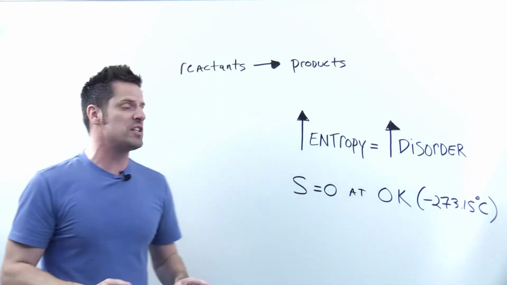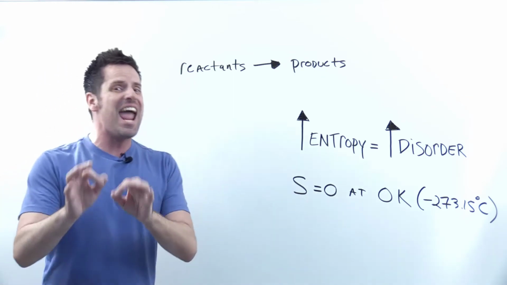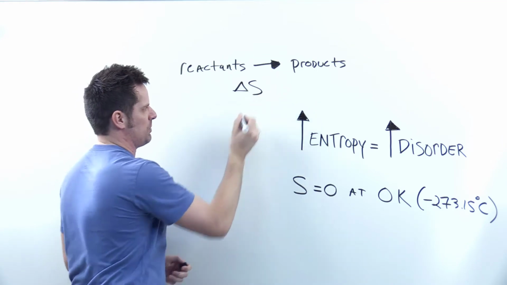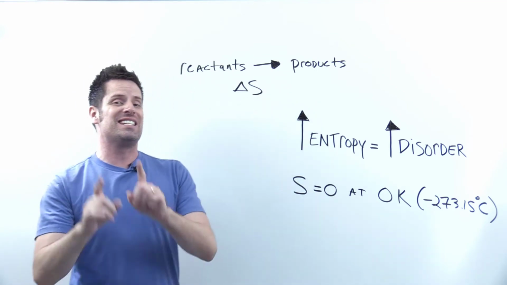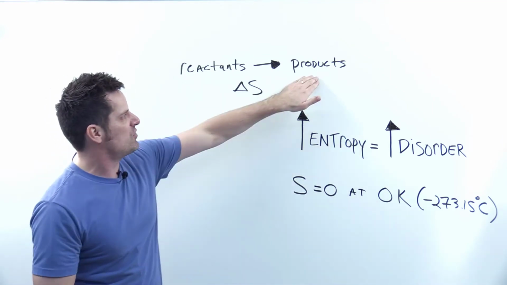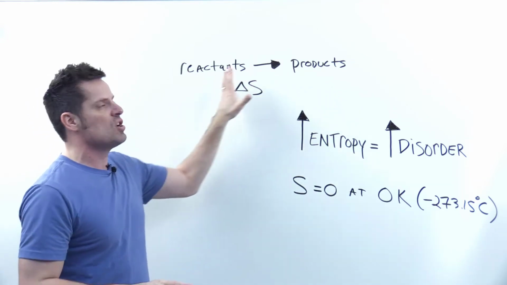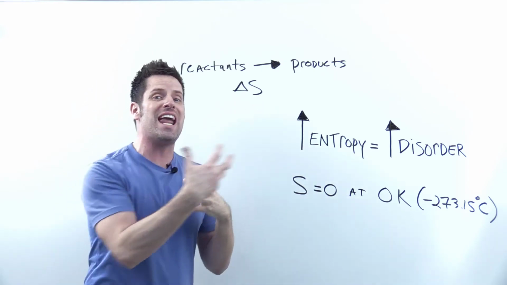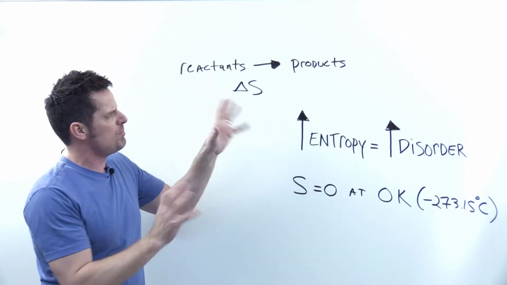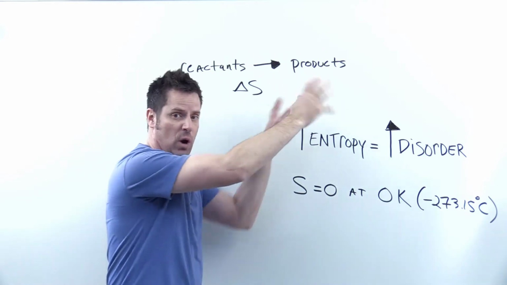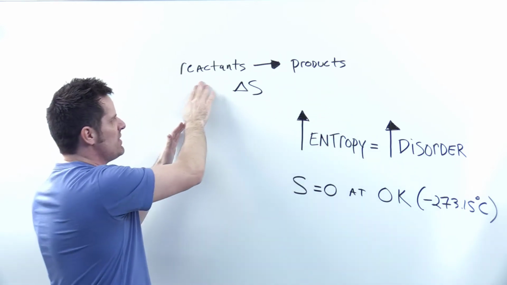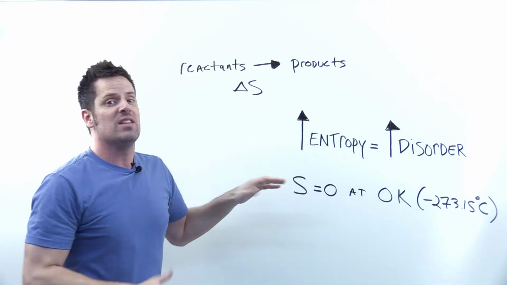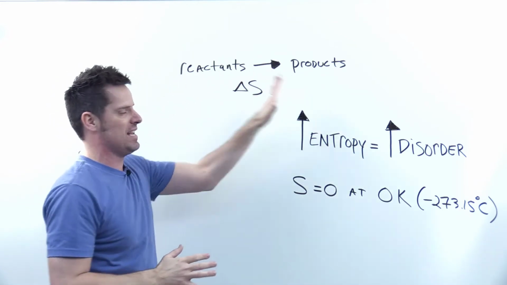There is, of course, a difference between entropy, which we label as S, and delta S, that is difference in entropy or change in entropy. So delta S is the difference in the total S values of products versus reactants for any chemical reaction or physical change. So again, delta S is a change in S. So basically what I do is I take all of my S values for my products, add them all together, all of my individual S values for my reactants, add them together, and I subtract the reactants from the products. That's a delta S. It's the difference in S values.